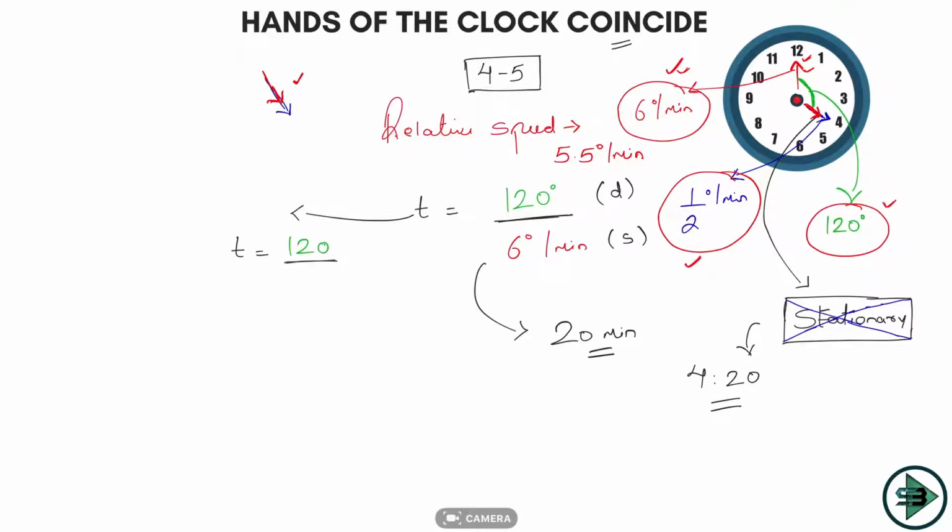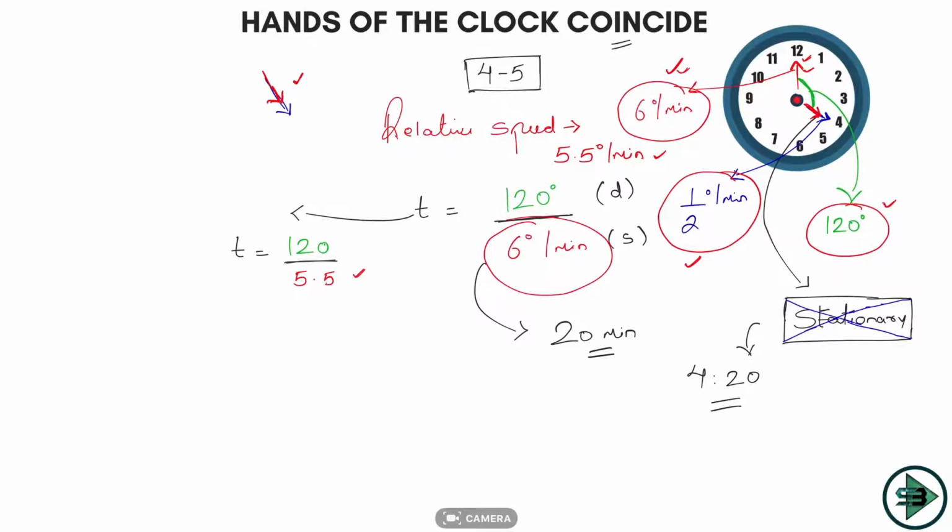And the job of the minute hand is to catch the hour hand. So how much distance did the minute hand cover in 1 minute to catch the hour hand? It covered only 5.5 degrees. That's why instead of this 6, I'll write 5.5, because it is covering only this many degrees in 1 minute. When I think of the minute hand chasing the hour hand, the concept is simple. The minute hand has to chase the hour hand and catch it, such that it will overlap. So in that respect, the relative speed is 5.5 degrees per minute.